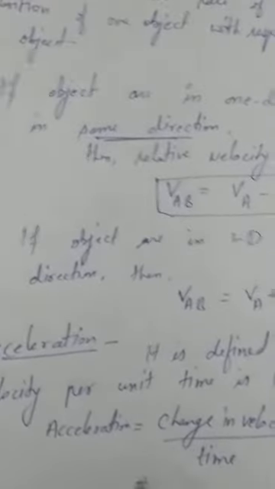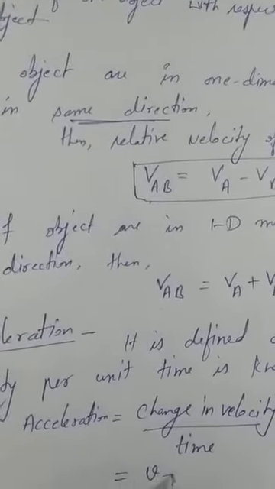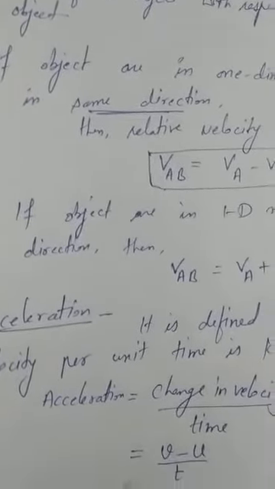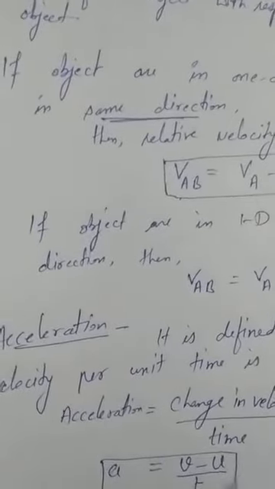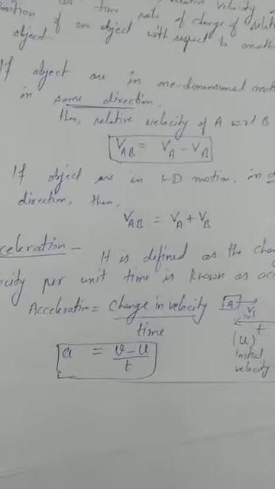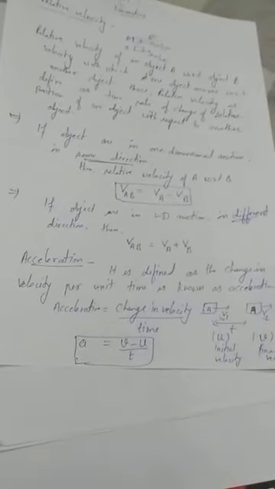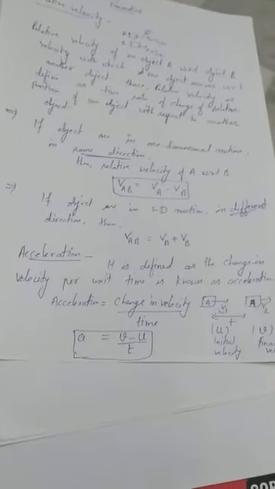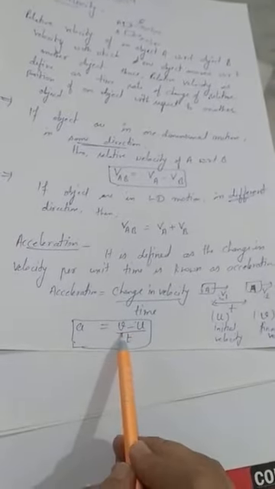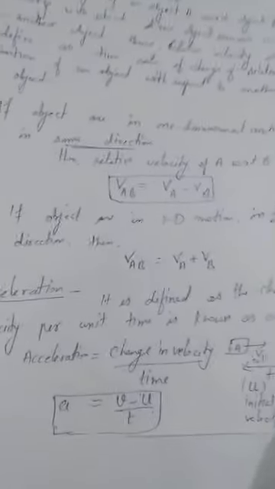Final velocity. Then how much change, how can we find their change in velocity? Final minus initial, that will be v minus u divided by time, that will be a. This will be acceleration. Clear now? That is, the change in the velocity per unit time is known as the acceleration. Then acceleration equals change in velocity per unit time. How much change? Final velocity minus initial velocity divided by time equals acceleration.